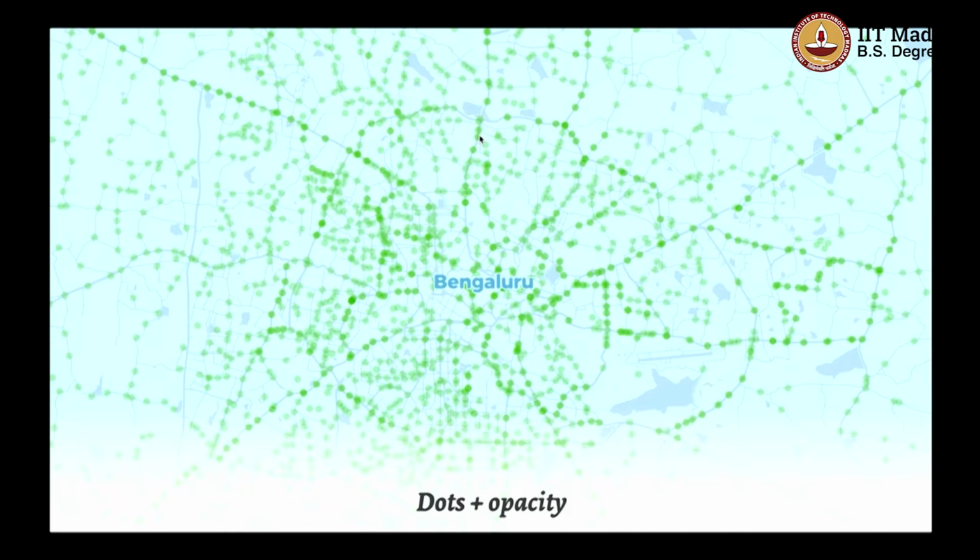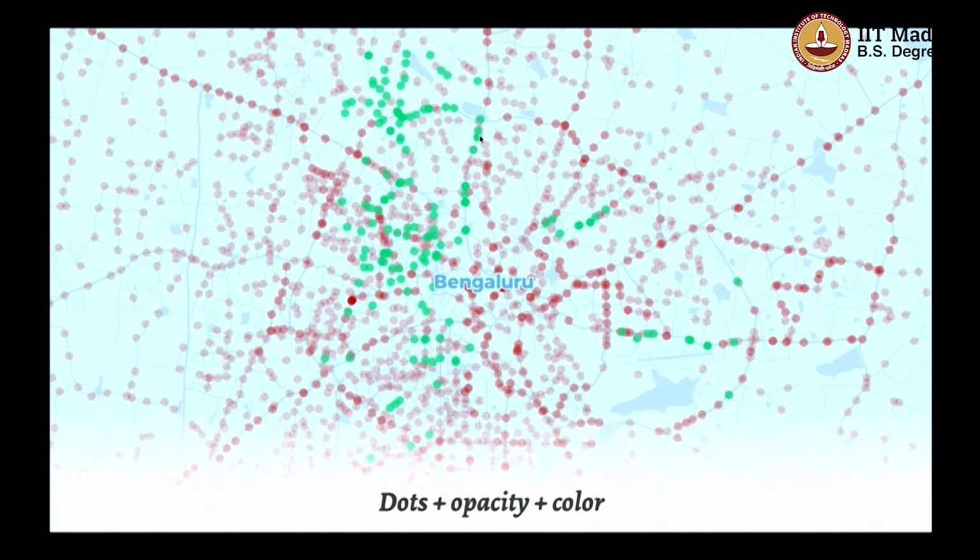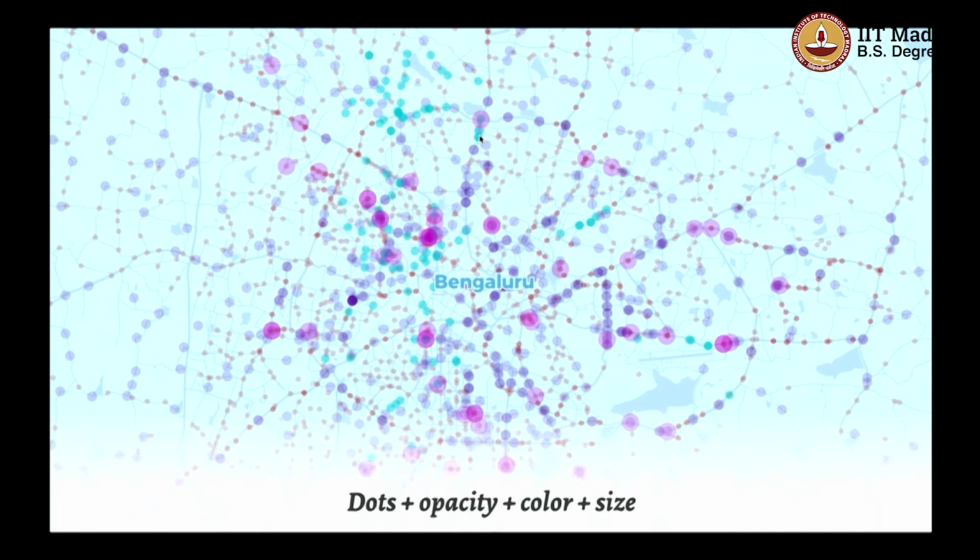I could apply all my visual encoding knowledge by actually giving color as a way to separate out different bus stops. So this could be, say, bus stops that I have accessibility information about versus bus stops that I don't have accessibility information about. Or I could take some quantitative data set, like maybe the number of buses that pass through this bus stop or that stop here or not, right? And so suddenly I'm using size as also a way to visually represent data, and now I can get really rich